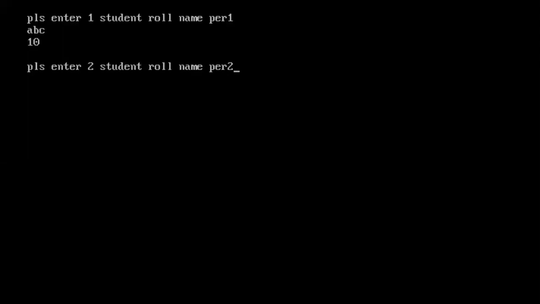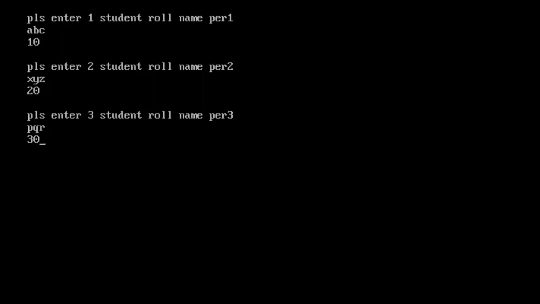Second student roll number is 2, name is XYZ, and percentage is only 20. I am taking 10 and 20 because the floating point data type is not working in Turbo C. If it is working in your Turbo C, you can go with floating point. So the loop is iterating for the third time and asking for the third student roll number, name and percentage. Third student roll number is 3, name is PQR, and you enter 30.